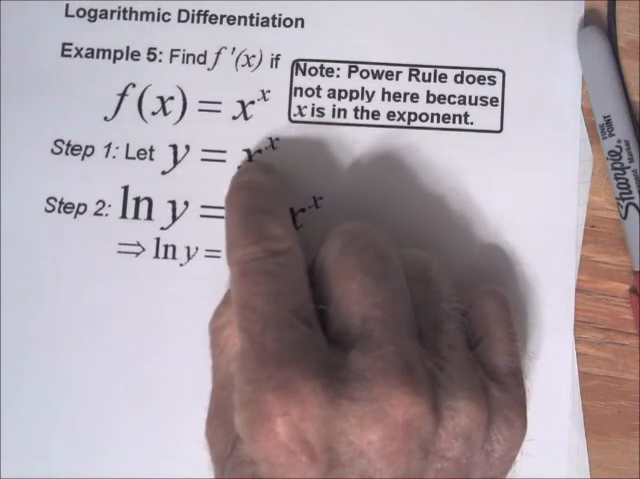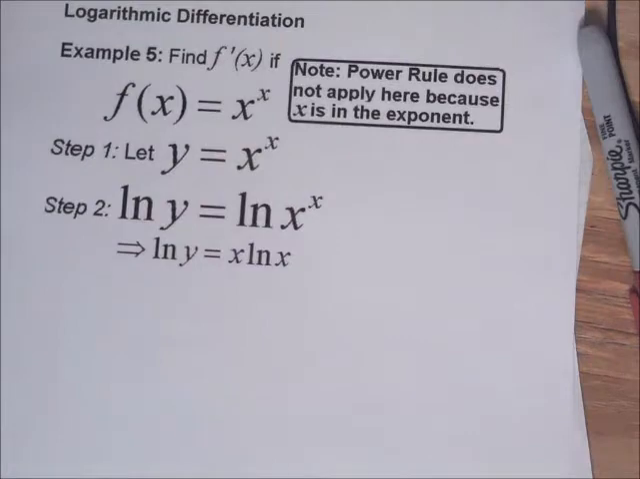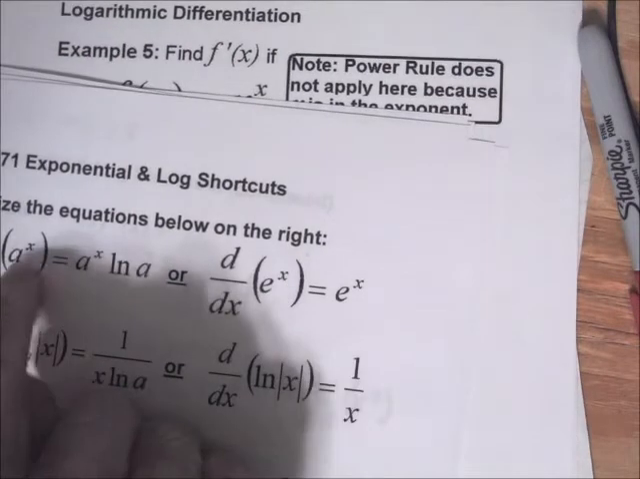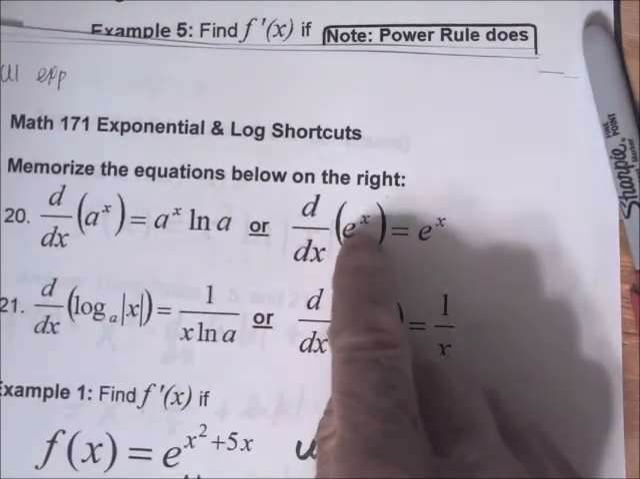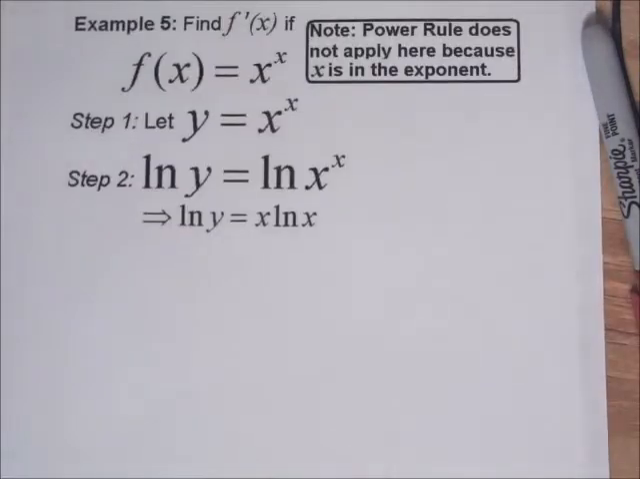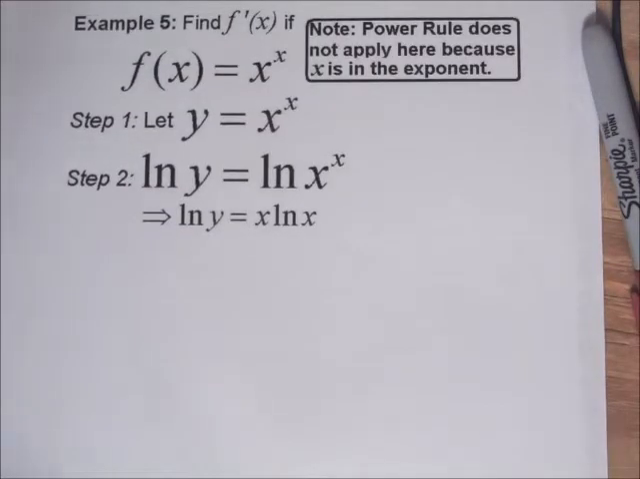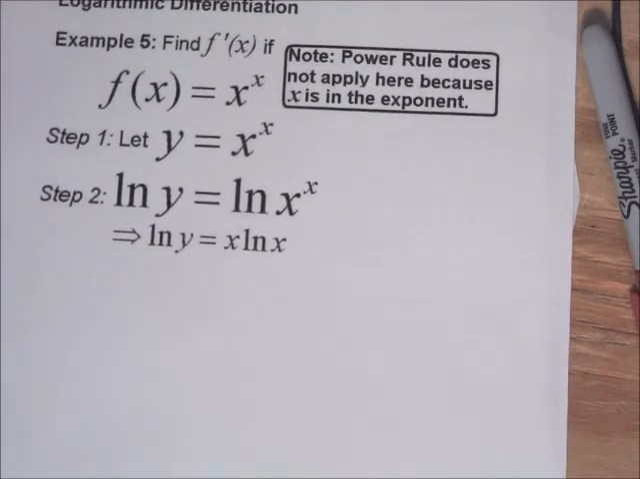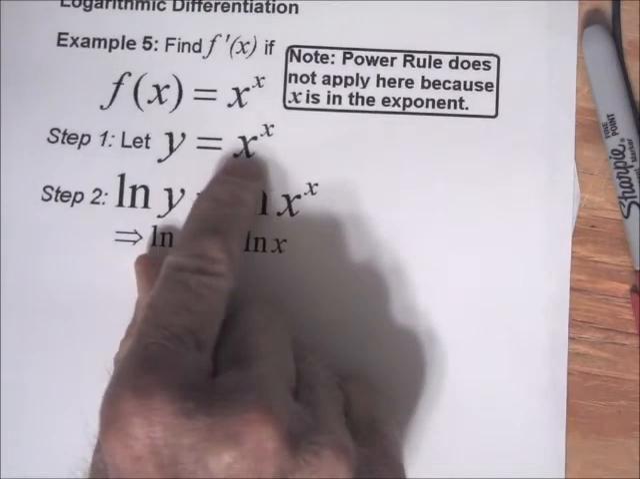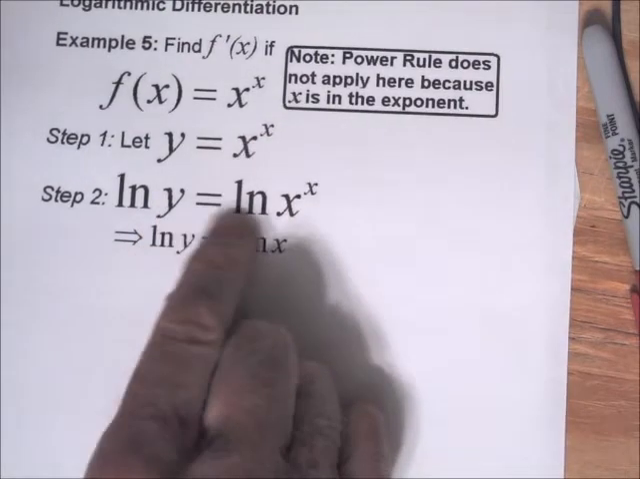And it's not going to be the exponential rule either, because the exponential has a number in the base and the letters in the exponent. So it looks like it could be the power rule or the exponential rule, but it's actually neither one. But there is a way we can handle this, and it's called logarithmic differentiation. So we have y equals x to the x, and then take the log of both